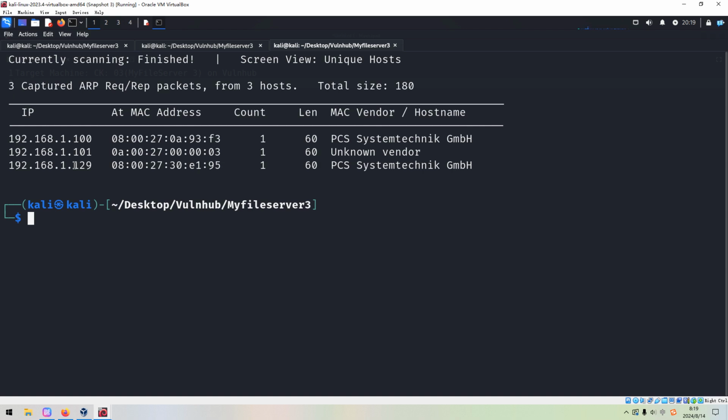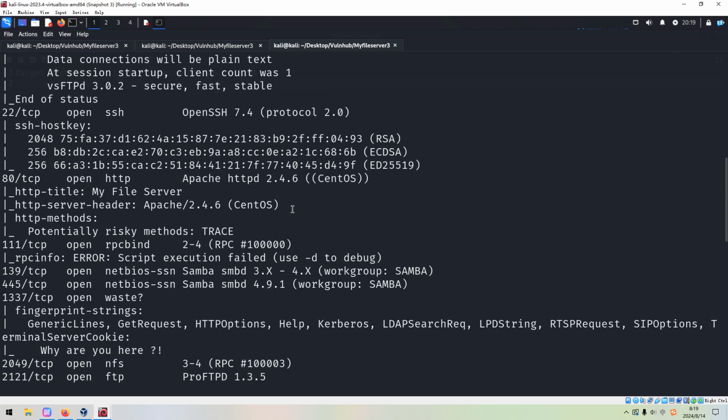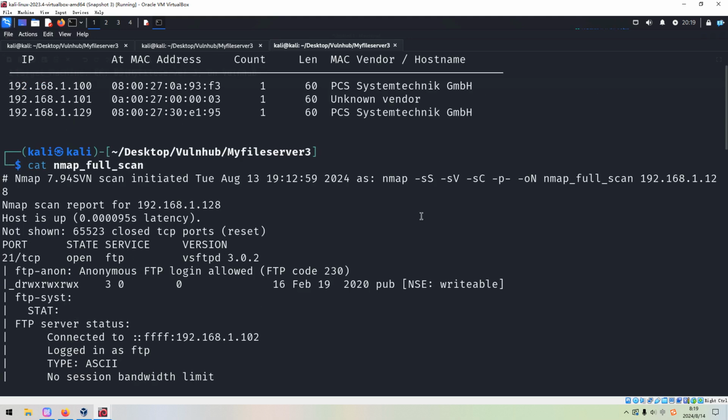So what are we going to do next? We need to do the port and service scanning with Nmap. To save time in this video, I've already completed it before, so for now we just show its result. As you can see over here, I used options like the SYN scan, the version scan, the default script scan, followed by -p- to do the full range port scan.